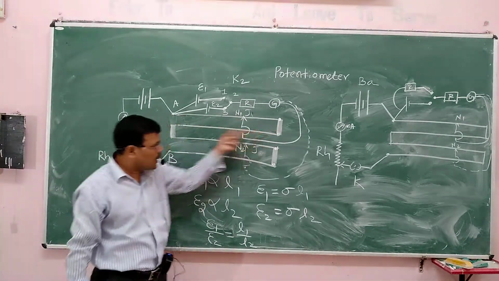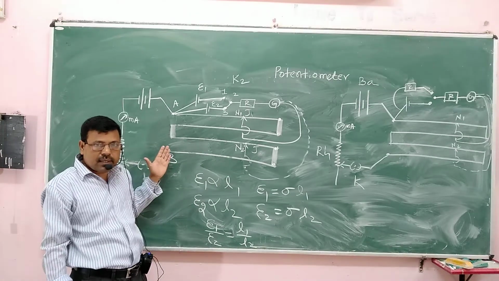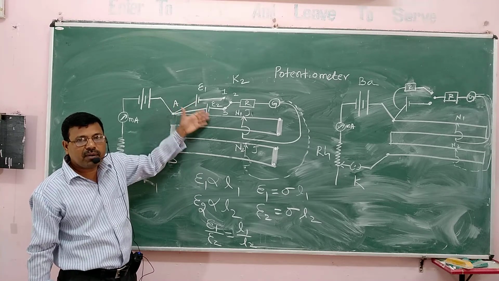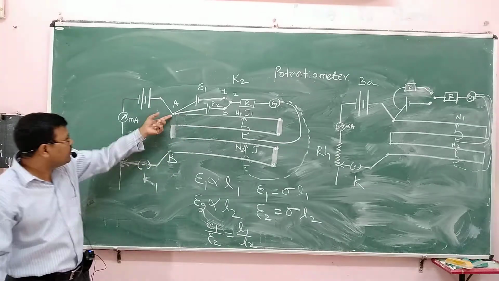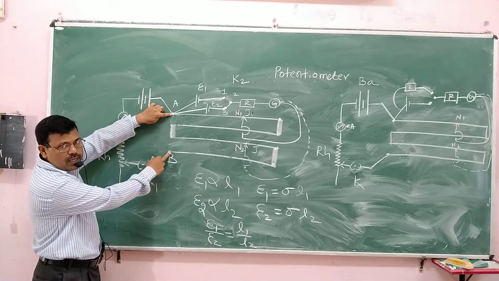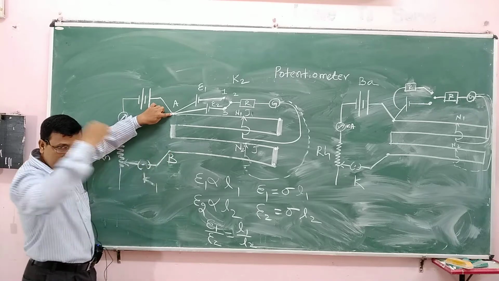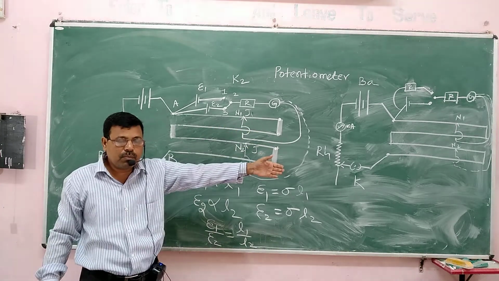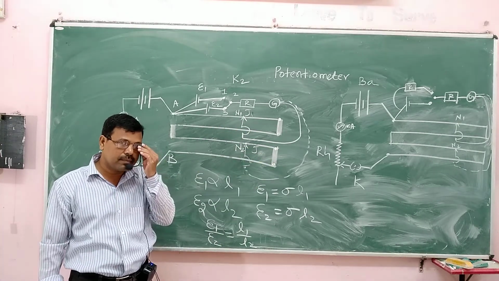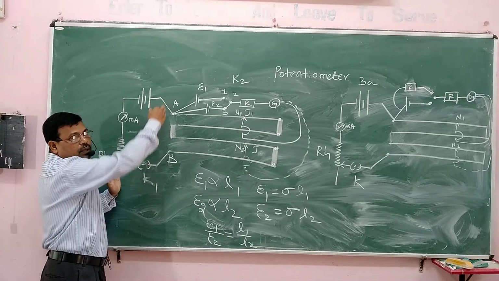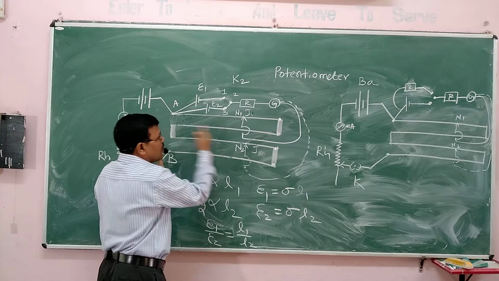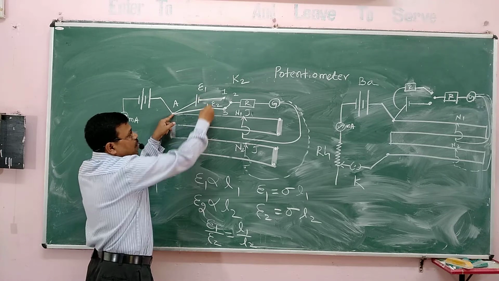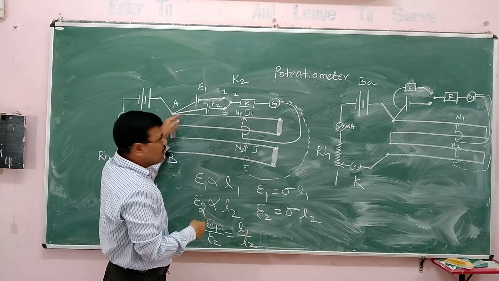And this steady current which is flowing through the wire should be more than the EMF of either cell. If the applied potential difference here is less than the EMF of the cell, either in this experiment or in that experiment, we get one-sided deflection. So this part of the circuit is used to maintain a constant flow of current. Then only there is a fall of potential across the wire from the cell.